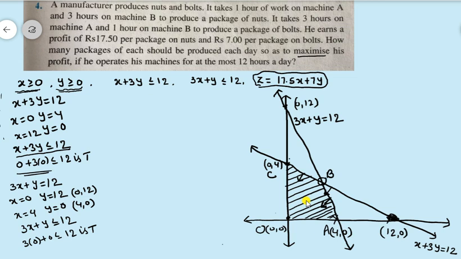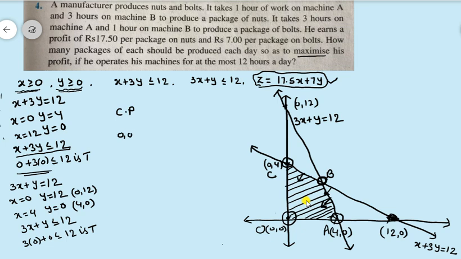This is one corner point, this is another corner point, and this is one more corner point, and this is another corner point. Just once go through the textbook, they have given one theorem type. That theorem proof is not required. Just the objective function has a maxima or a minima at the corner points of the feasible region only. Now, what are the corner points we got?